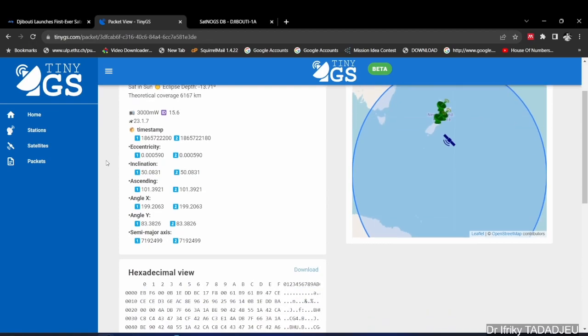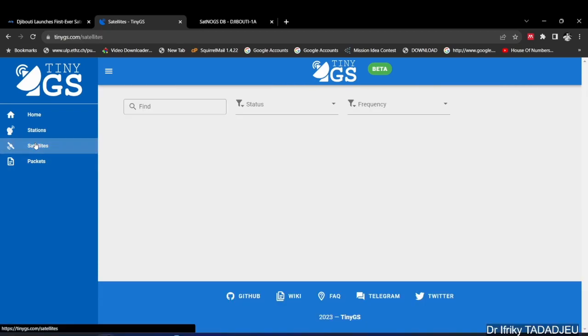Connecting objects beyond the reach of terrestrial networks can save lives. You have a ground station, you can receive data, which means that if one of these satellites,